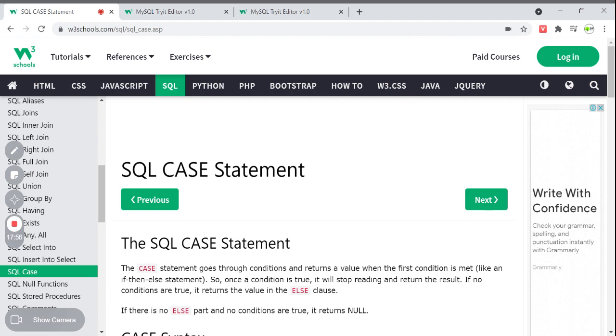If you're having any doubts, you can go through this website and try it yourself. Practice is most important for these kinds of things. These are simple things which you usually forget as the days pass. Once you try it on your own, you will never forget these small things.